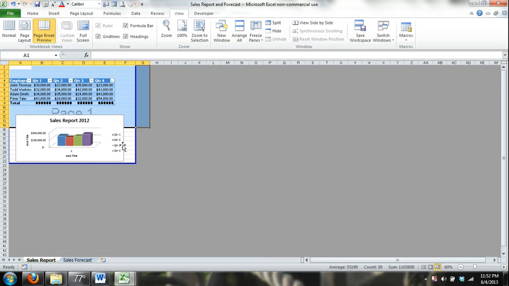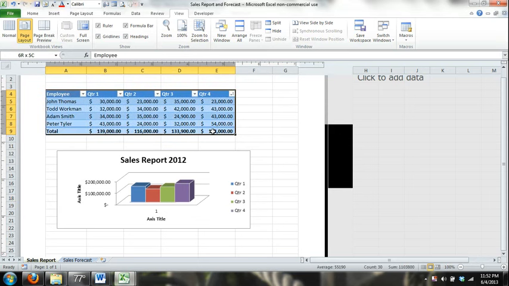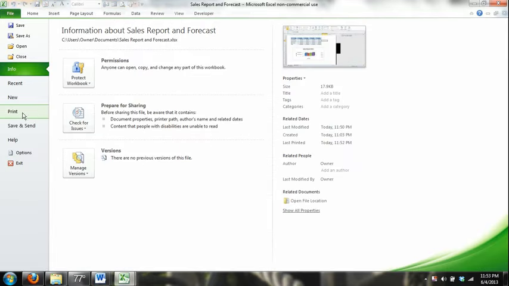We also have page break view. So you can see our report's only on one page. But basically you kind of get the idea. If you want to adjust this, you can fix your margins and all that. And that's just stuff you're going to have to go over and play with and learn. But at least we have this on a single